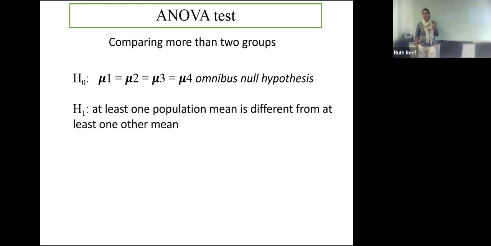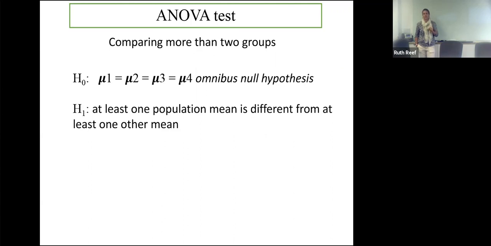And then I have an alternative, and the alternative is tricky because it doesn't actually give me the answer I want per se. It tells me at least one population mean is different from at least one other. Okay, so what I can get is that the ANOVA will show a significant difference, but I don't actually know why. Is the pre-industrial different to the future? Or is the ambient different to the pre-industrial? You know what I mean? It's enough that one group is different to one other that I will get a significant difference in the ANOVA